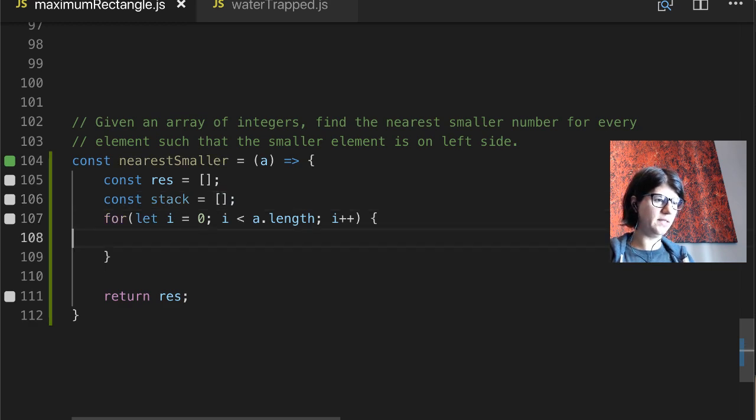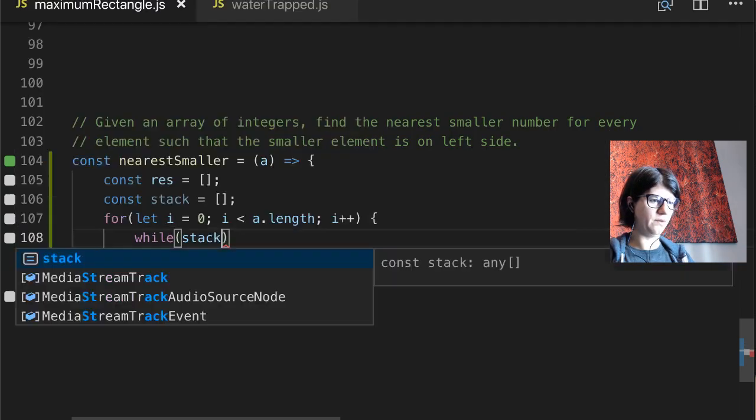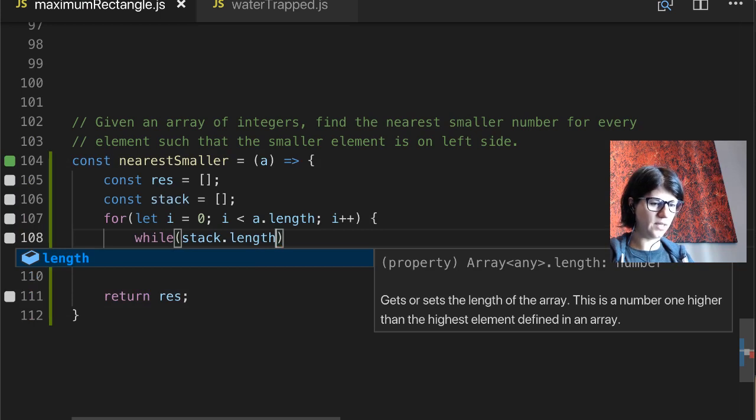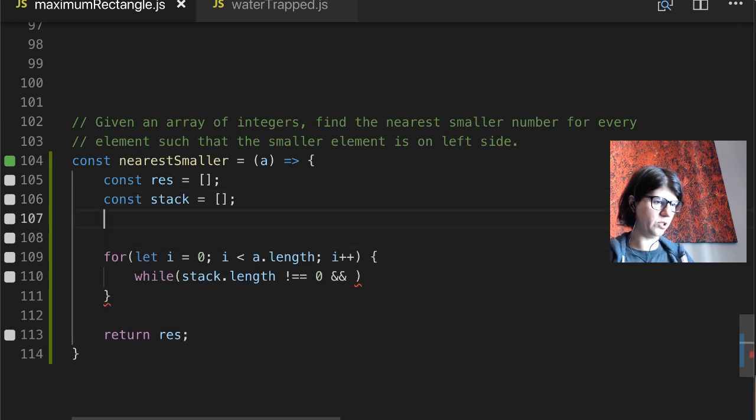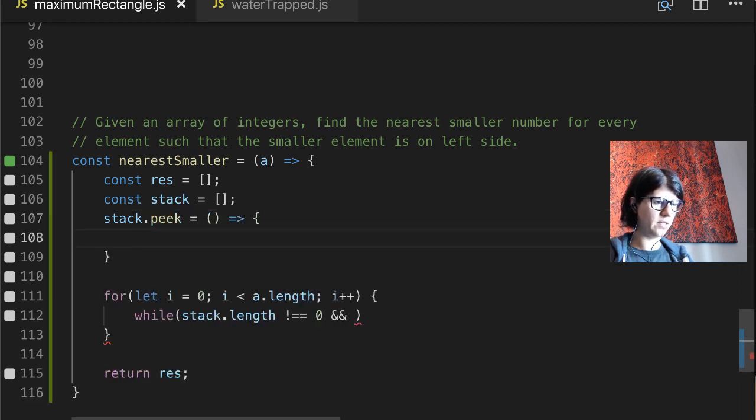So we need a stack here. And while stack.length is not 0, we want to pop things from the stack as long as they are bigger than the height that we currently have. So let's write a peek function, I guess. A peek function is a function that returns